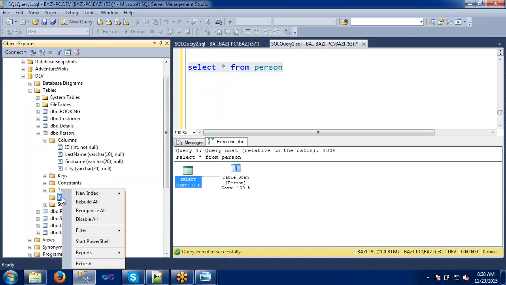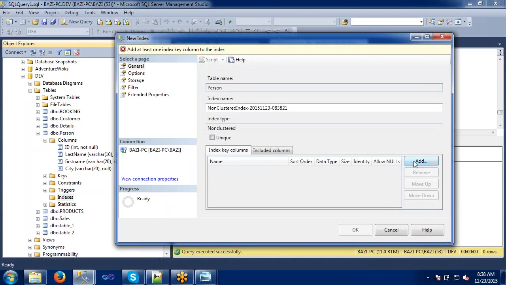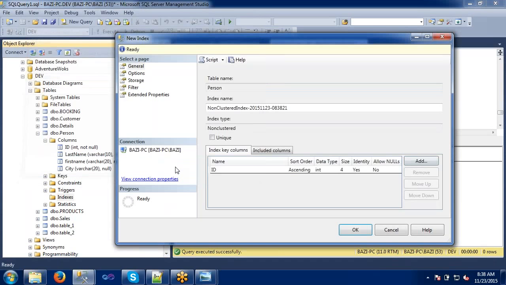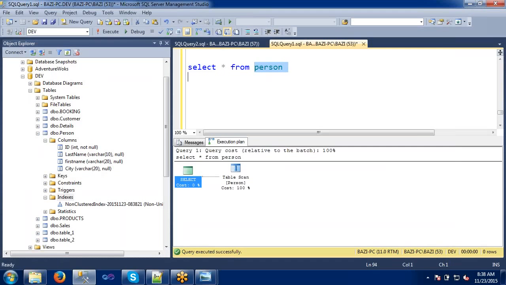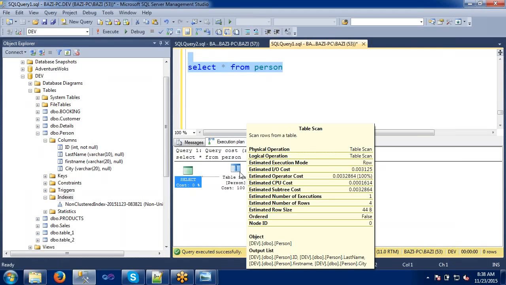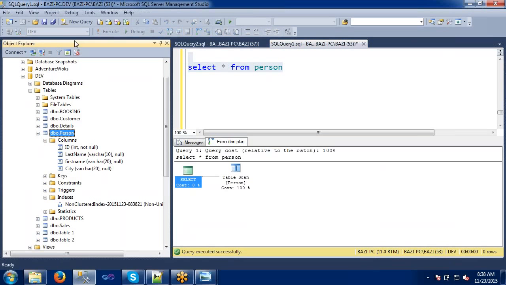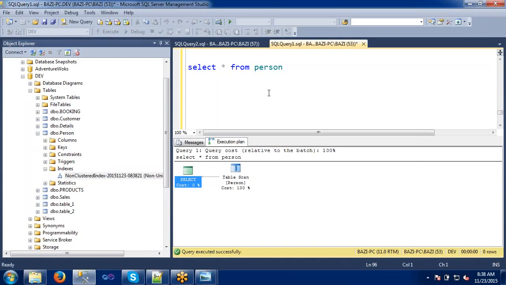Let's create the index once again. Now I will create the non-cluster index, and it is asking which column. I am going to add that column. Simply OK. Now the same thing I am executing here. So it has indexes.